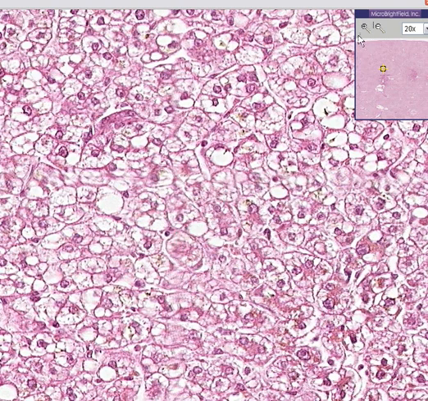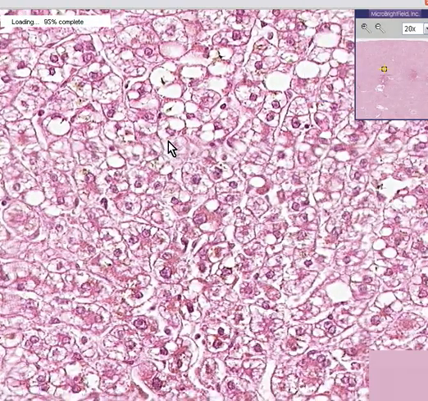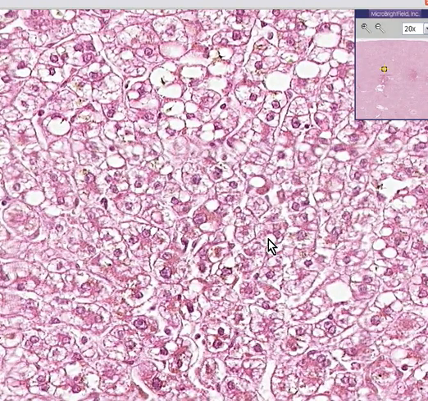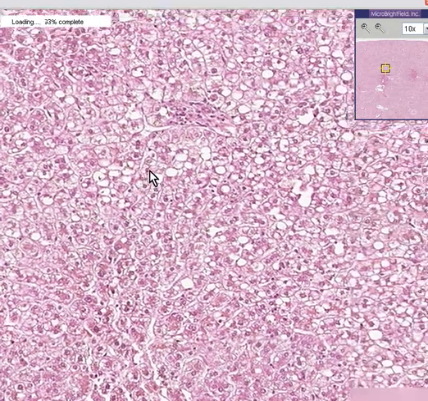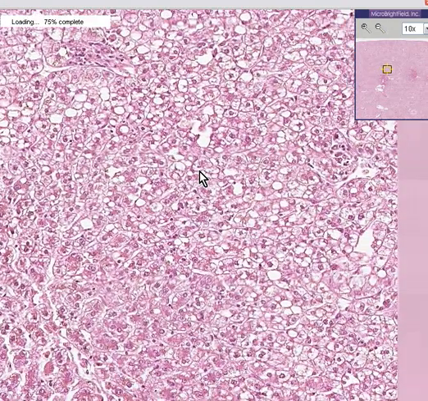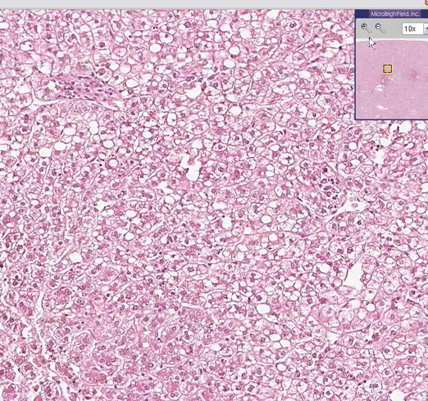A microvesicular liver is one in which the fatty spaces are within the hepatocytes, basically all these small little fuzzy areas here, and they are small, so they're called microvesicular. In a macrovesicular, the fat spaces are big enough to be actually larger than liver cells, and they may be